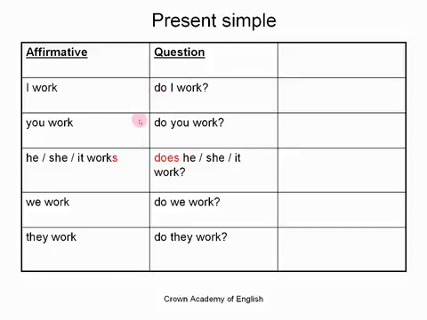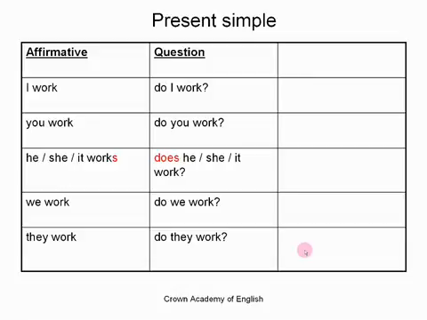Then the we form is the same. It's simply we add the word do to the beginning of the sentence. So we go to do we work, and then the they form is do they work. So we go from they work becomes do they work. Okay, and obviously in all of these examples, when you're writing it, you put the question mark. This is what we call the question mark at the end of the sentence to show that we are asking